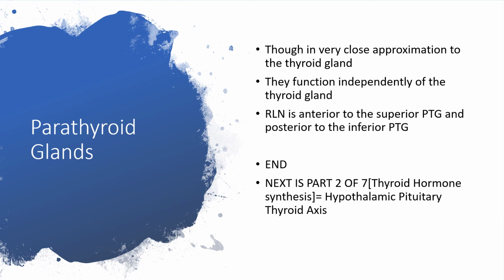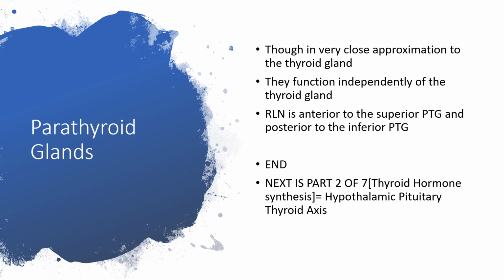I have said a few minutes ago that we cannot talk about pathologies affecting the thyroid gland without reference to the parathyroid glands. And with that, I've come to the end of part 1 of 7 as for the thyroid gland